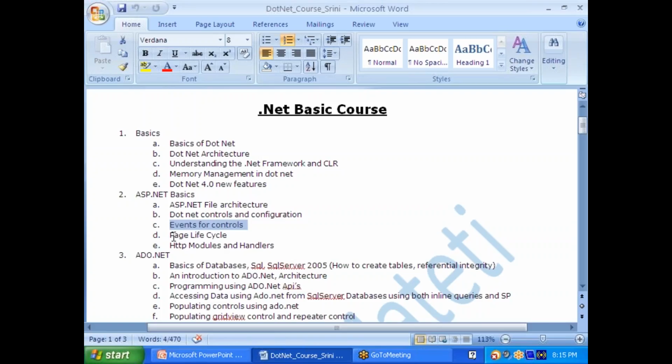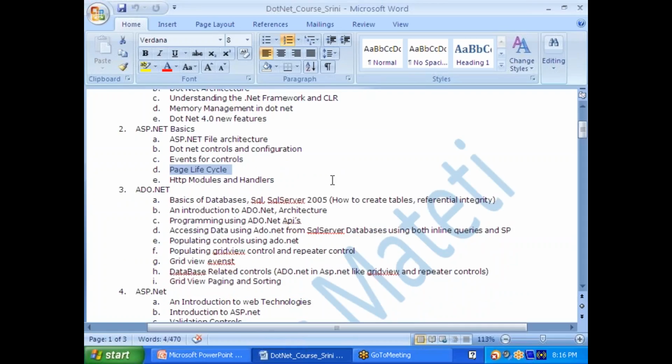And the page lifecycle of .NET. The ASP.NET ASPX page will have a page lifecycle. We have different events in that page lifecycle. We will discuss the purpose of each and every page lifecycle event in this section. Then HTTP modules and handlers we will discuss thoroughly. Then ADO.NET,